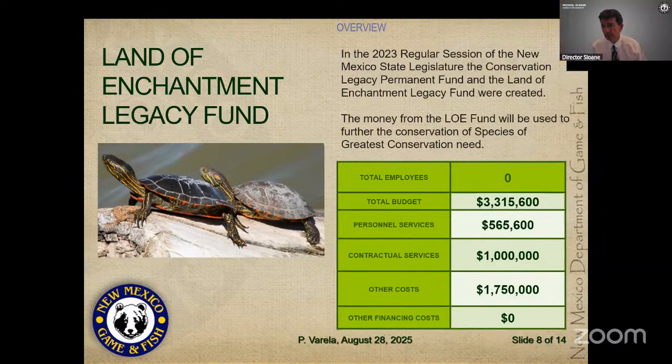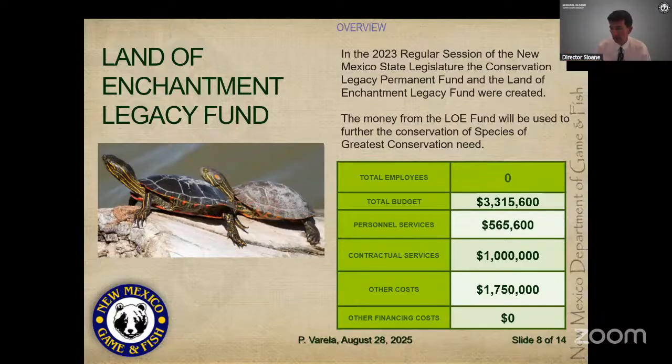Just want to second Commissioner Clemente's comments and gratitude toward the director, Chief Varela, and the other chiefs for breaking down all these budget items for us over the last 2 weeks. And the example showing where the contractual services and other costs of this Land of Enchantment Legacy Fund are going to, broken down into 41 separate projects. I thought that was really very much appreciated. No further comments or questions from me. Thank you, Commissioner Witt.